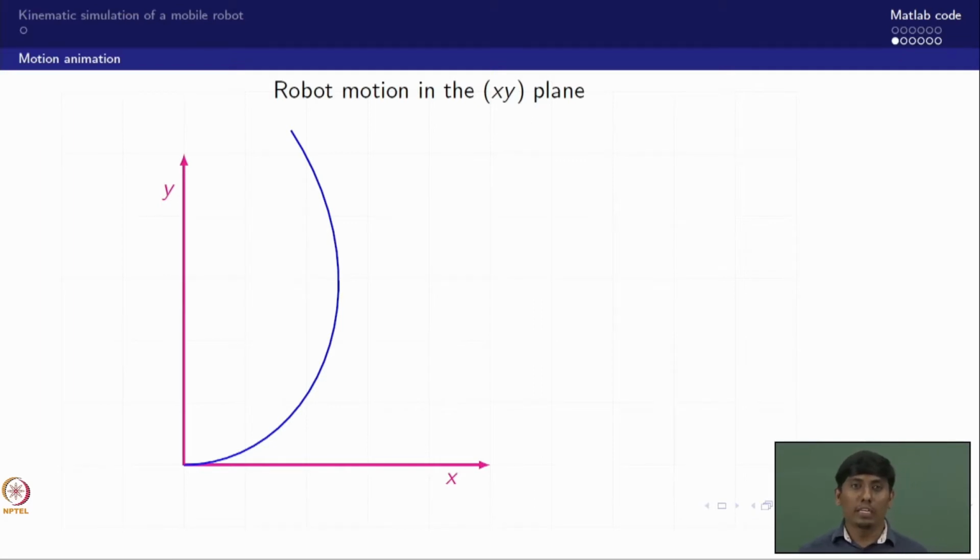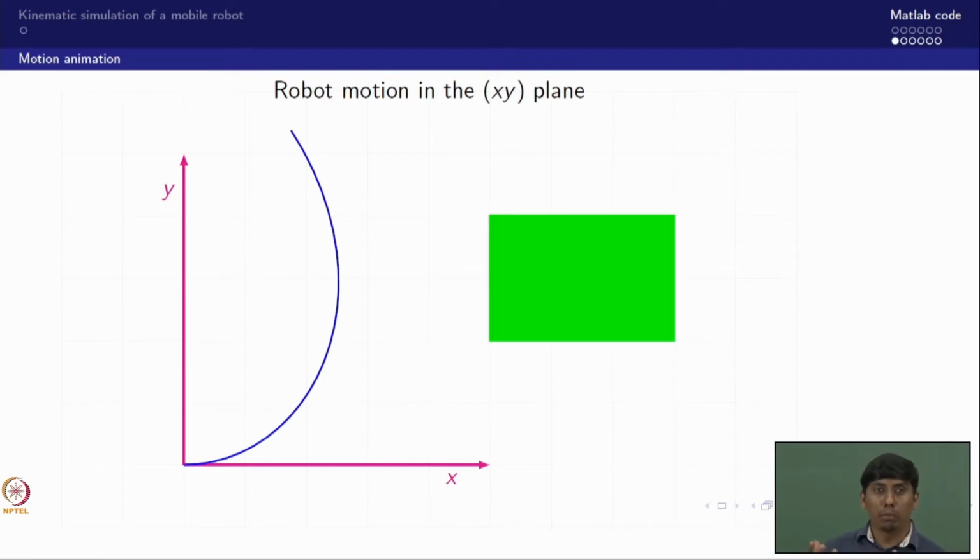So what one can do is incorporate a block which I call a vehicle. We started with a small blue color block, and in a similar way I am incorporating in the animation a green color block. This block can be fit into the xy plane and I can show it as an image overlap, as an animation. This is what we usually do, and now you can record it as a video. Now how can we do this?